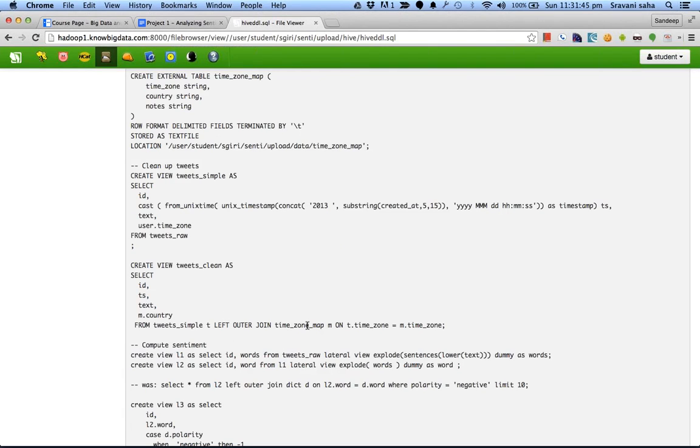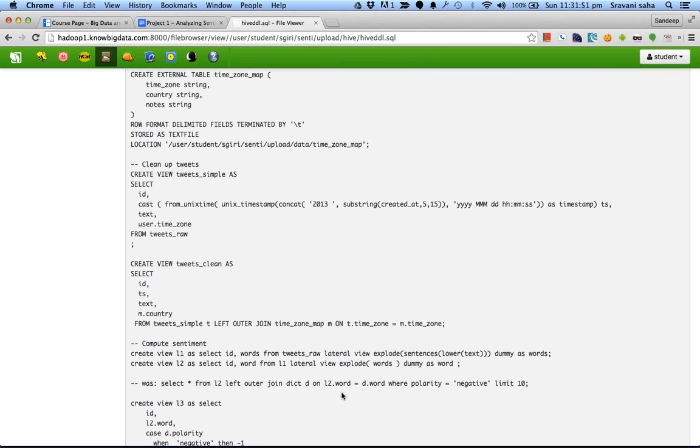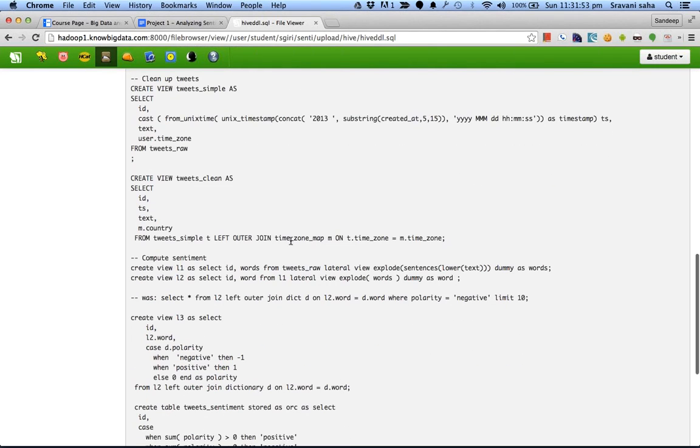Basically the time zone conversion is required so that we can convert the time zone into country so that we can see the country wise analysis, and this is where we are doing this. So we are joining tweet simple with time zone and deriving the country.